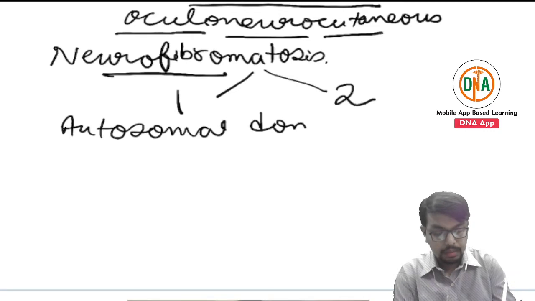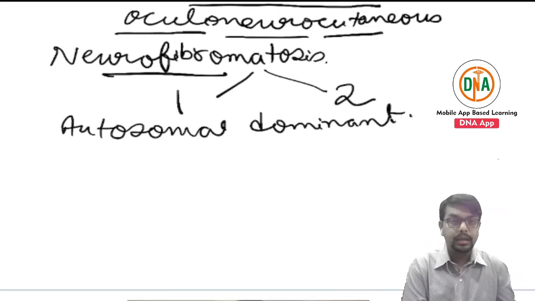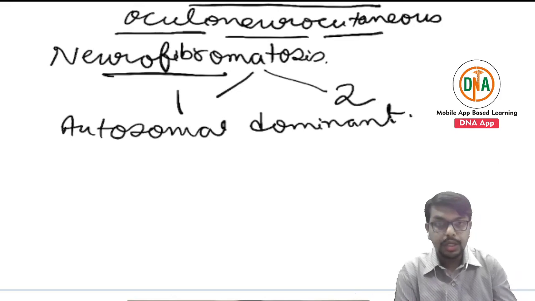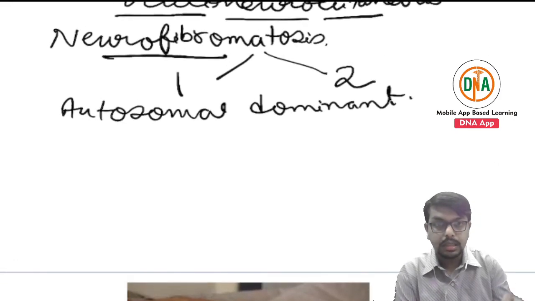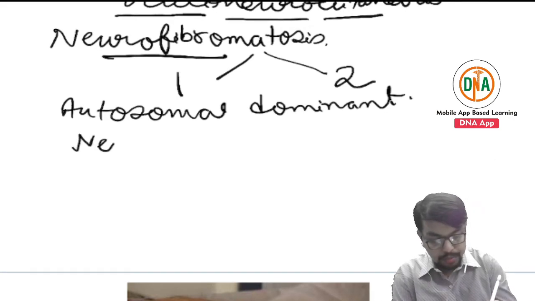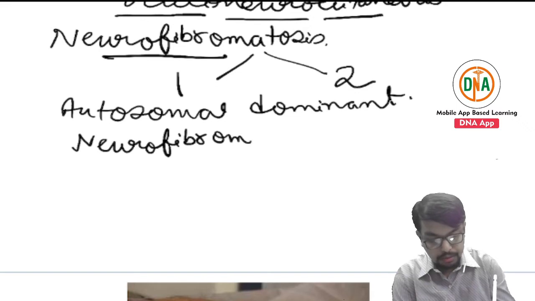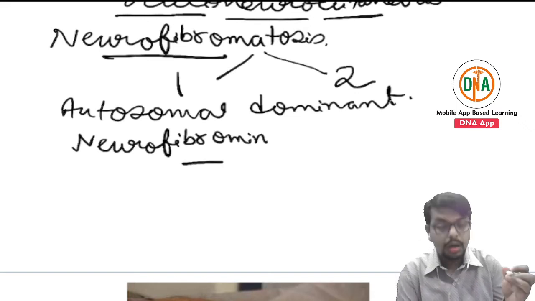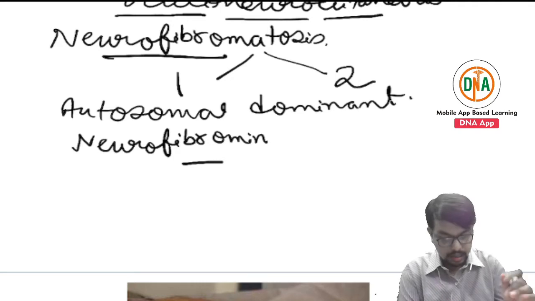Both of them are autosomal dominant. Now, the gene responsible for the diseases is neurofibromin for type 1 neurofibromatosis, and it is